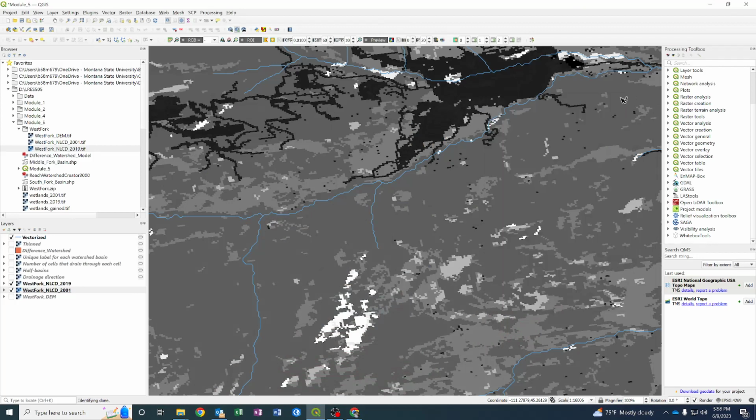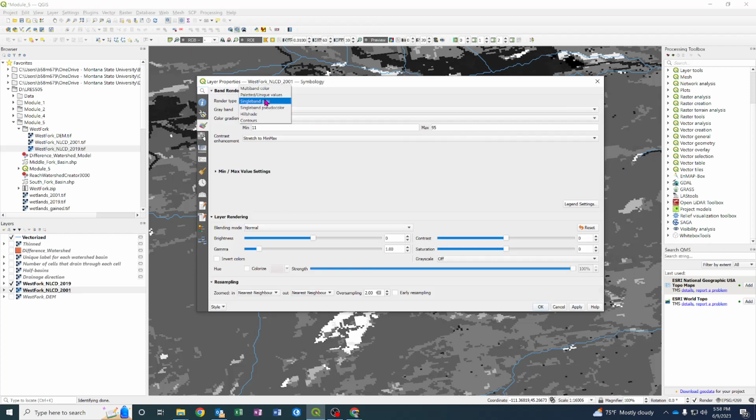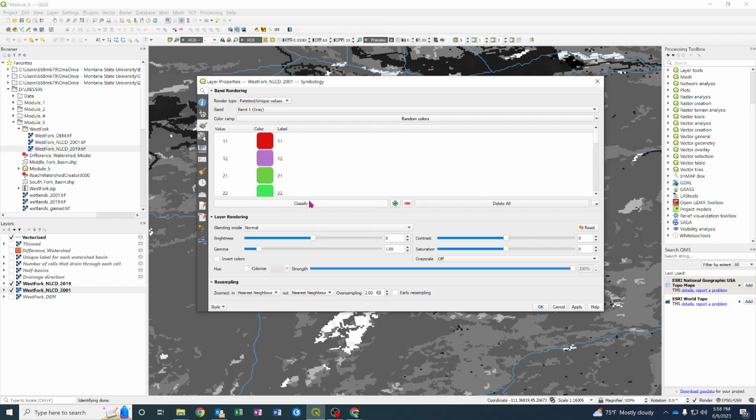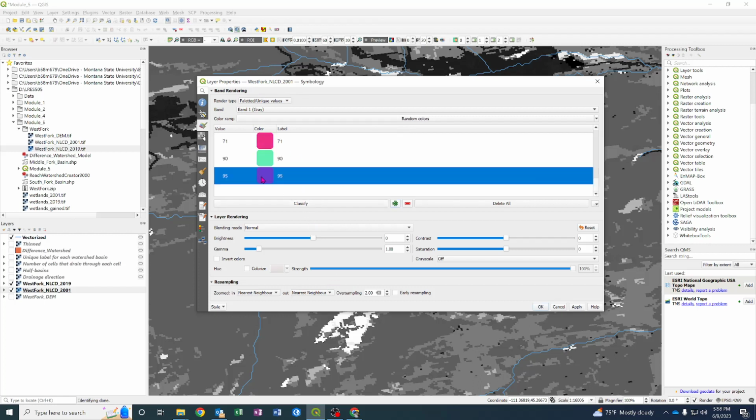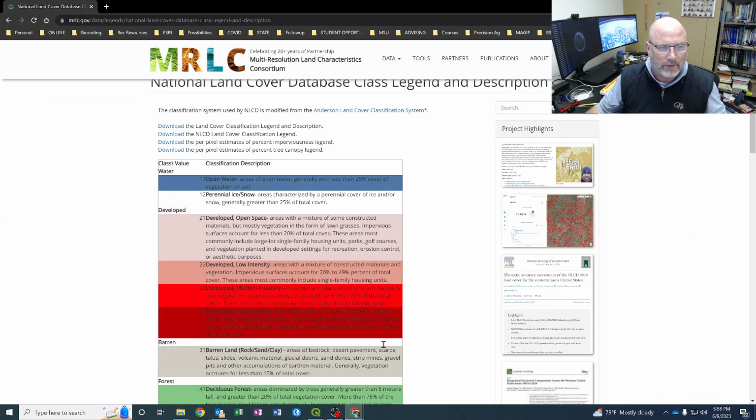land. And what I could do is go into my symbology, and since I really want this to be unique values, I could go in and classify, and I could look for 95, and I can color this. And I could ask you guys to go ahead and color each one of these classes into the color that would match what we're seeing here on